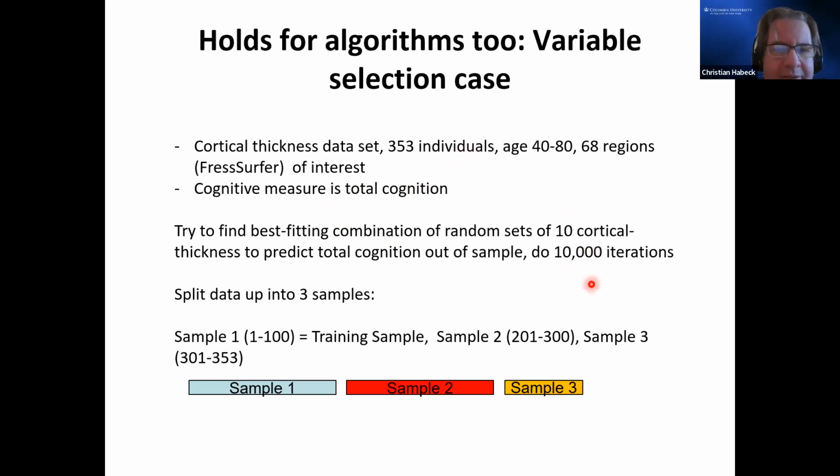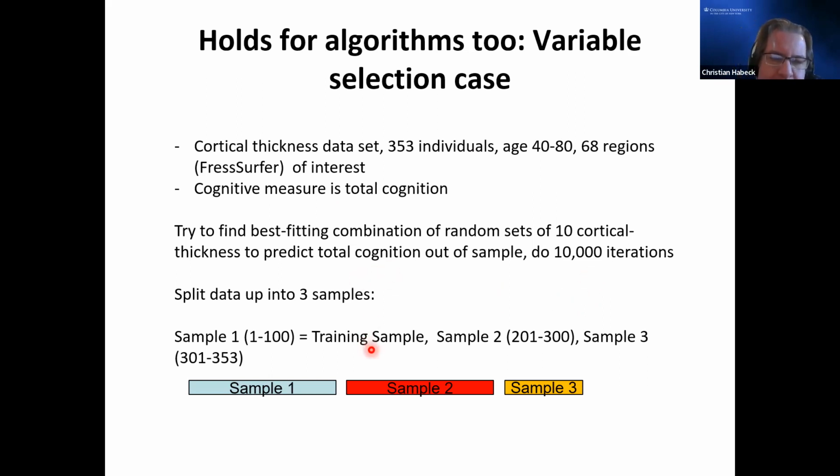And imagine now I pick out of these 68 the best 10 to predict cognition. So just by brute force, I do 10,000 times, I pick random sets of 10 cortical thickness regions, right? So now I'm doing something called variable selection dredging, right? So I do this many, many times, and